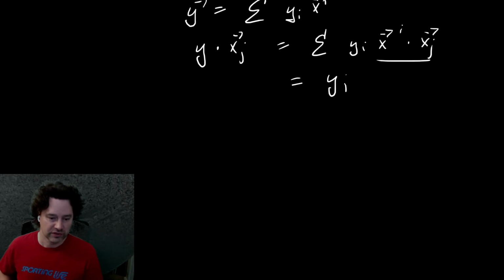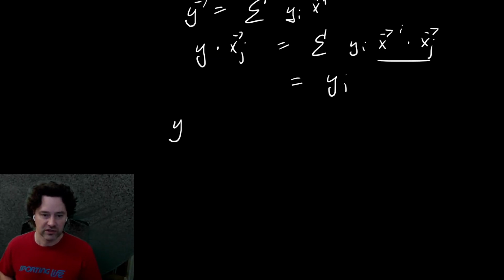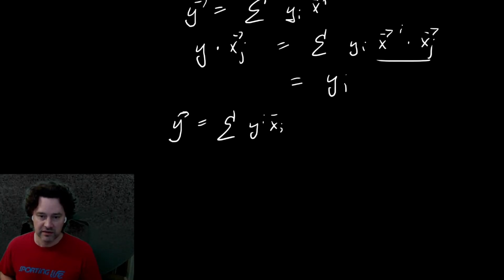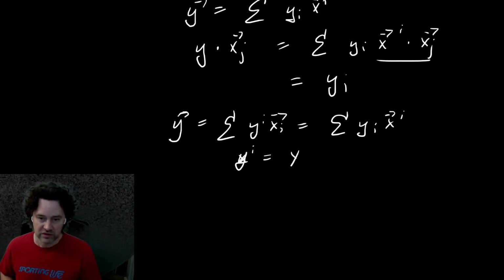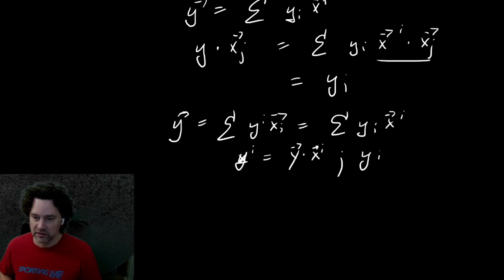And so we can now say what our vector is: y^i x_i, or y_i x^i, and here our y^i is just y dotted with our reciprocal frame vectors, and our y_i's are y dotted with